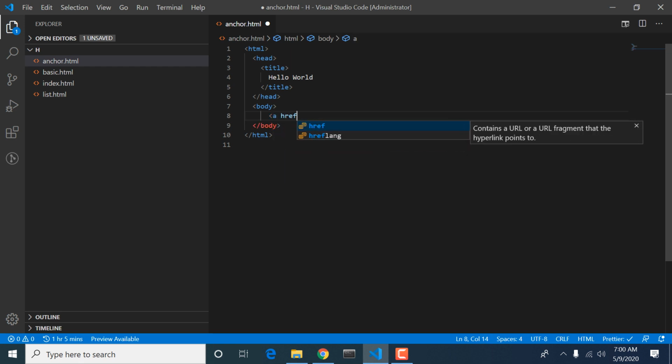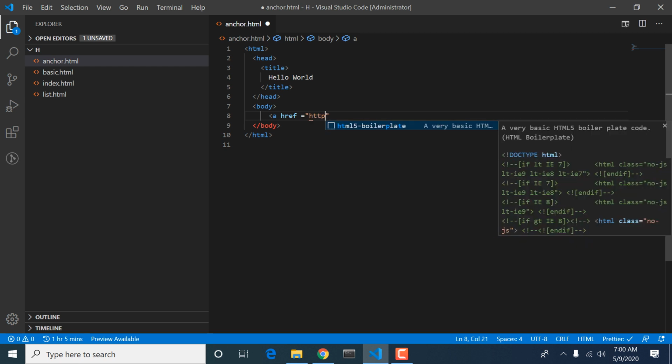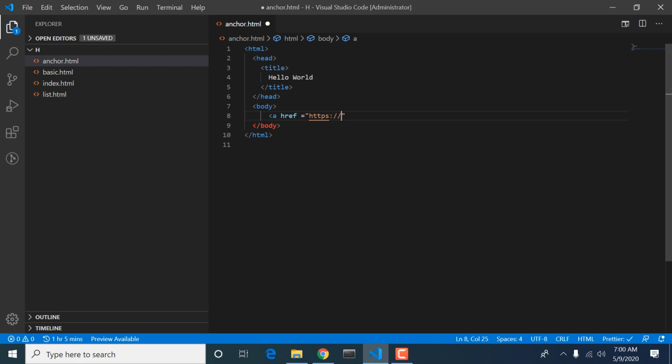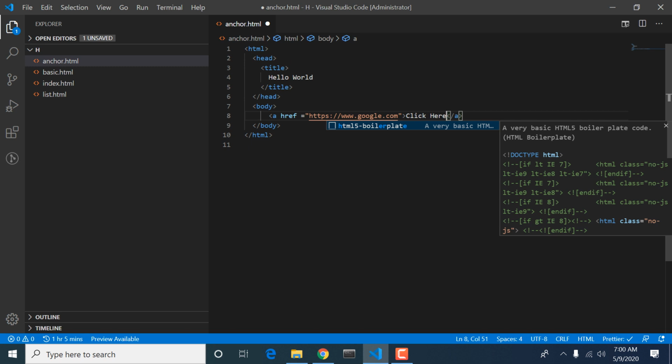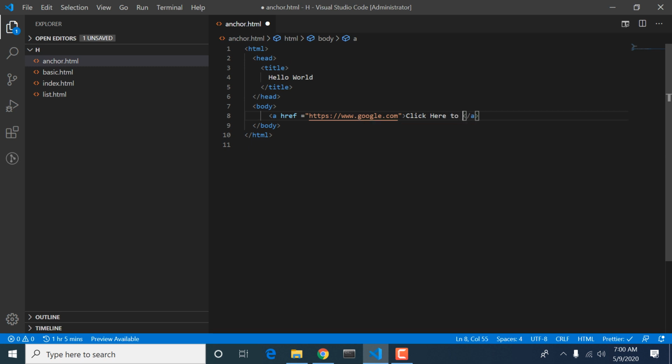If I have to open https://www.google.com, we can write "click here to Google".